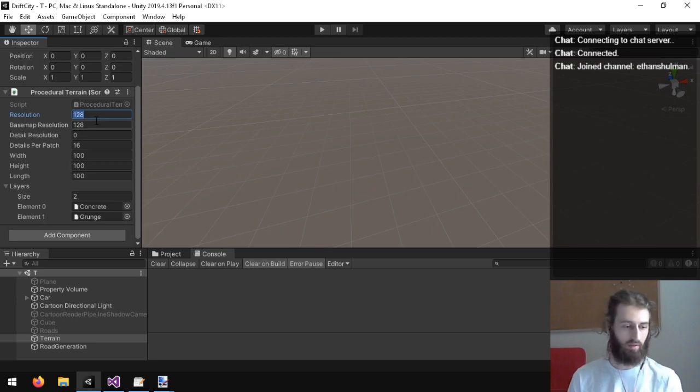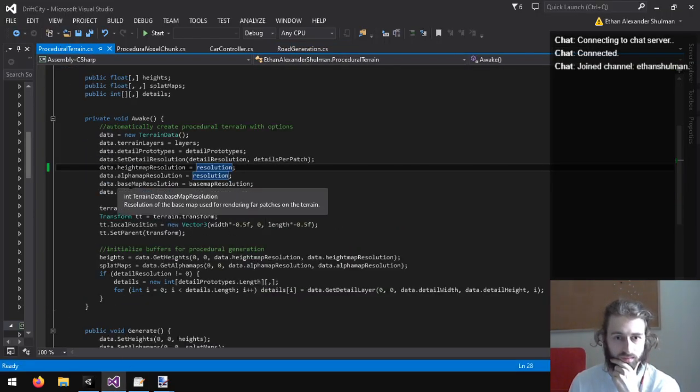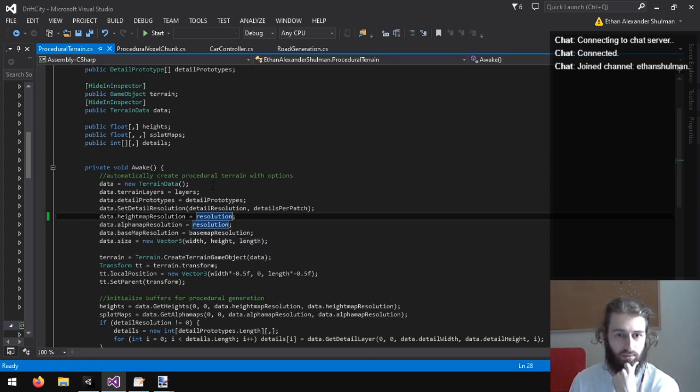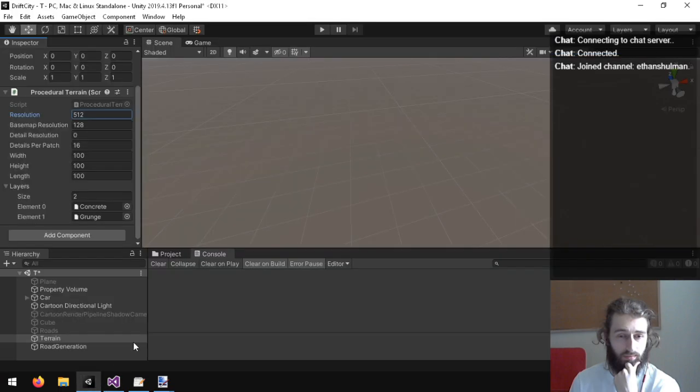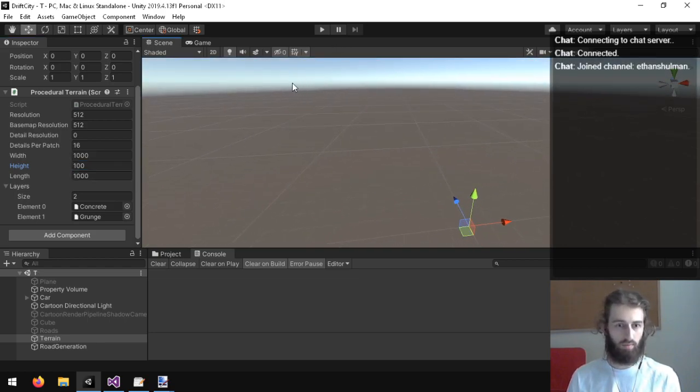Alright, I'm gonna try making this bigger. What is the base map resolution for rendering far patches? So we're going to make it much bigger.